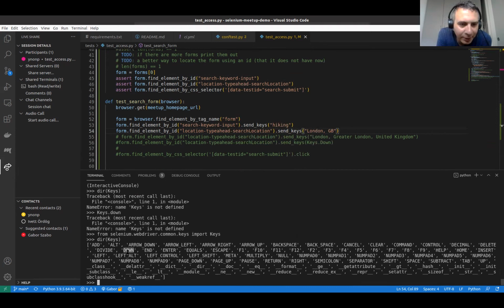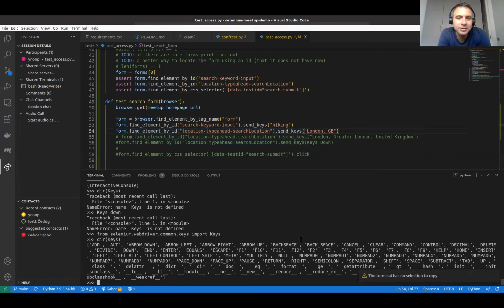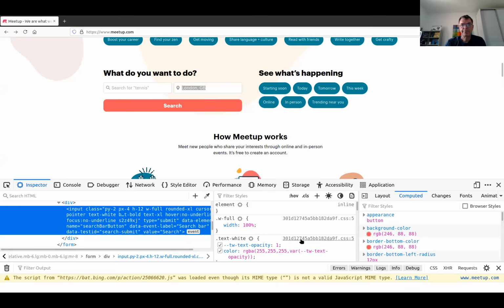So they have down and arrow down. Both down and arrow down. That's very interesting. Okay. And we would like to do this on this one. Yes. On this one, after London GB. Not right now. Right now, just.